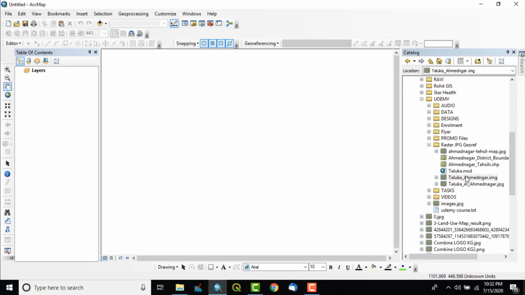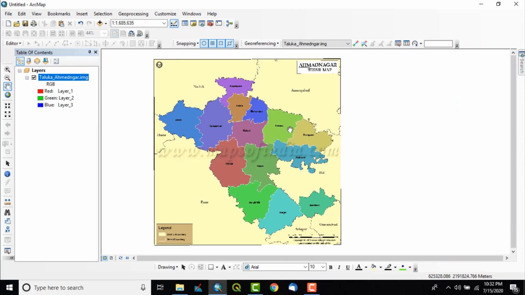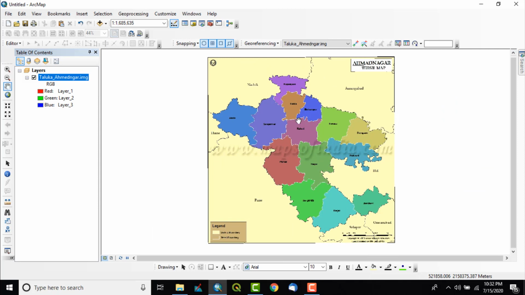I now just drag this img file to my workspace, and you can see this JPG file has been converted to .img image format, and also with spatial reference, a projected coordinate system.